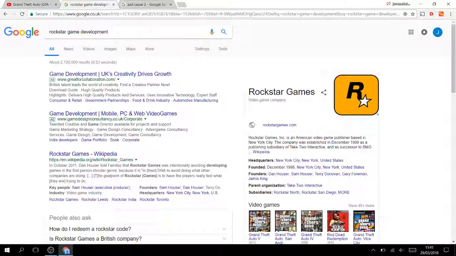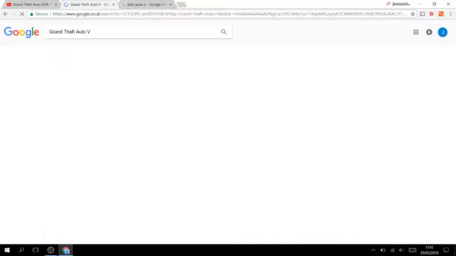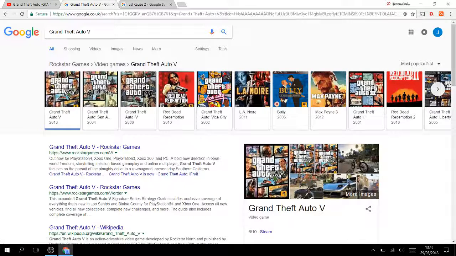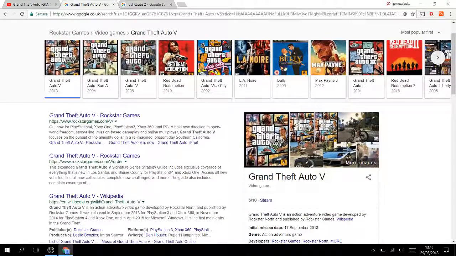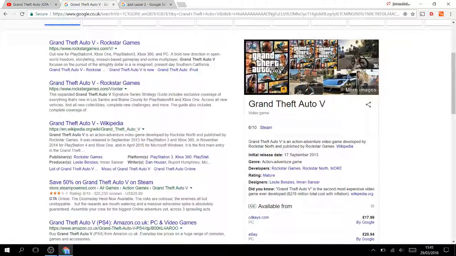And Rockstar, so another big thing, I would have to say Grand Theft Auto did cleverly, is you see, while they say the official release date on here is the 17th of September 2013, as you can see here, the thing is, this is not actually the official release date. This was the official release date for Xbox 360 and for PS3.